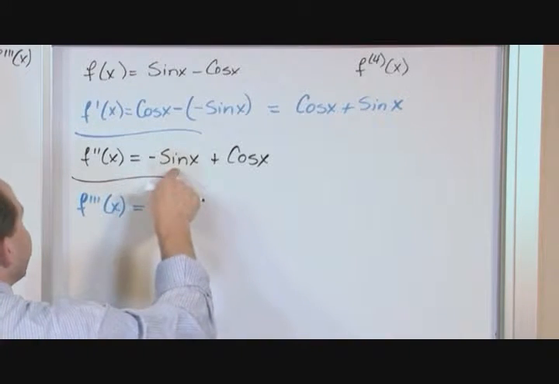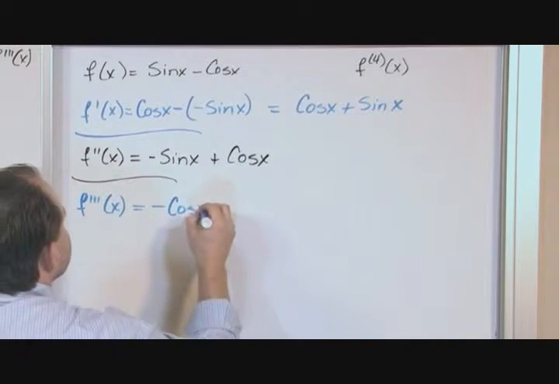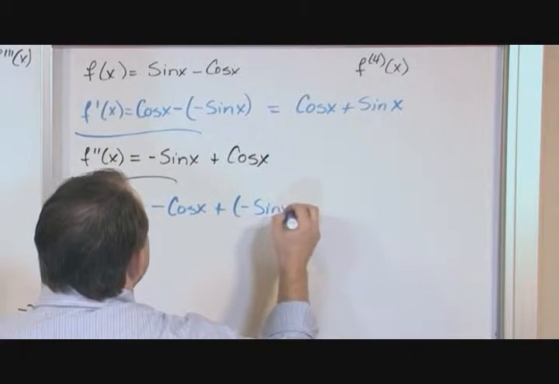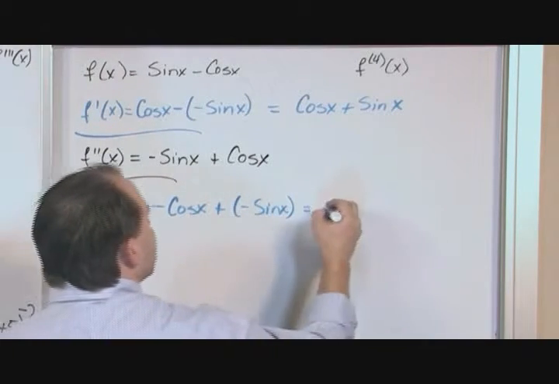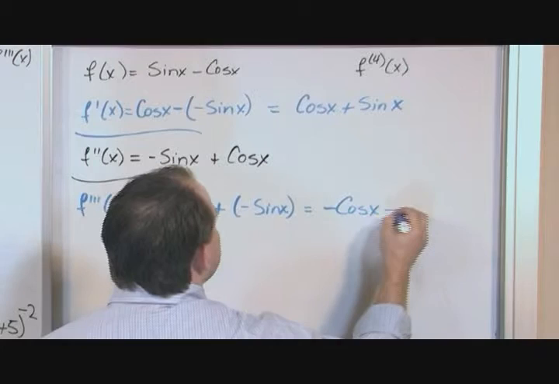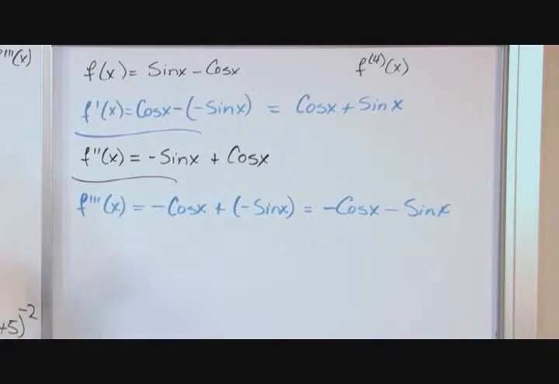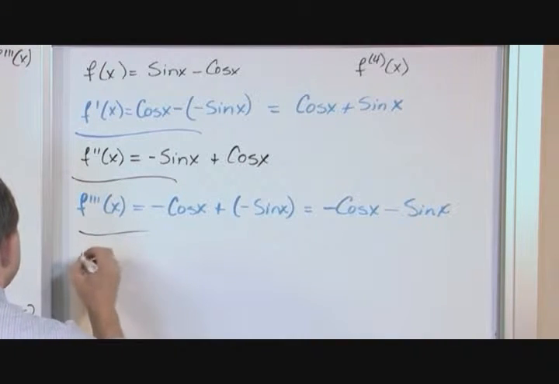negative. What is the derivative of sine? It's cosine of x. What is the derivative of cosine? It's negative sine of x. So we have negative cosine minus sine of x. And then finally, the last one, which is the fourth derivative,